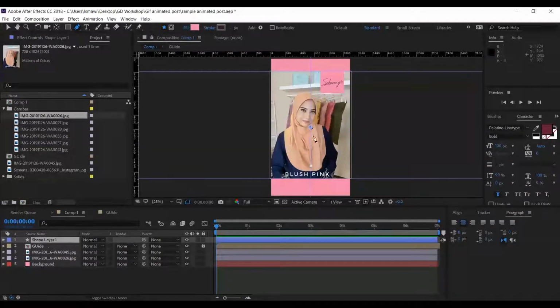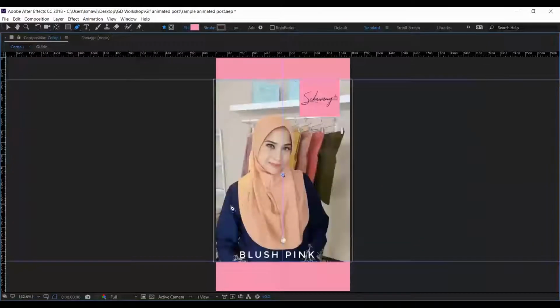So I'm going to click somewhere over here, to create a not quite rectangular shape, but like a distorted rectangle. So this is a basic shape element that we're going to use for this post. Okay, you can create any shape that you like using your pen tool.